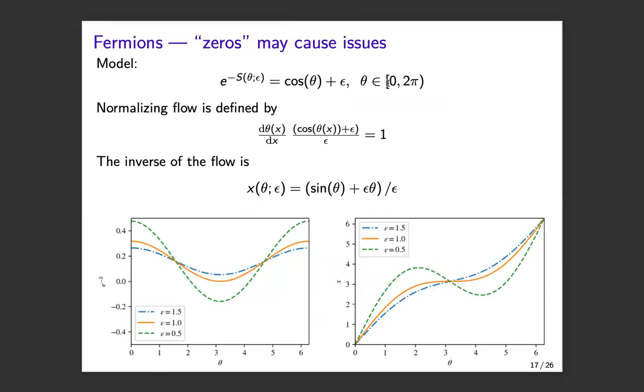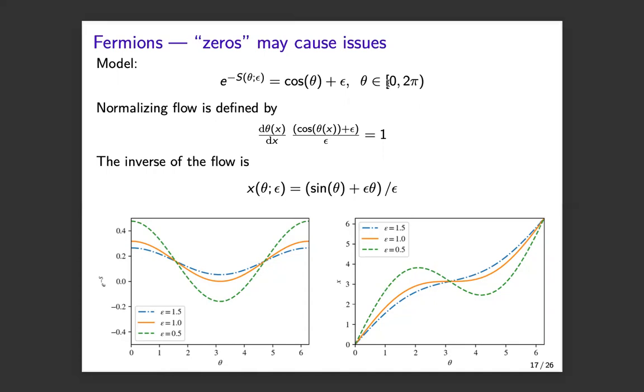Another way to see why zeros are bad is from the normalizing flow point of view. For example, look at a very simple model. My model is a one-variable function, eta minus s, being just cosine of theta plus some number epsilon, and I take theta from 0 to 2 pi. Because I'm on a closed contour, I define my normalizing flow to be a function from cosine theta plus epsilon to just a constant distribution on this x. Then you can find that the inverse of this normalizing flow, from theta to x, is this kind of